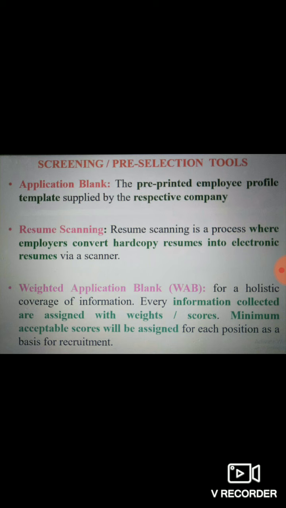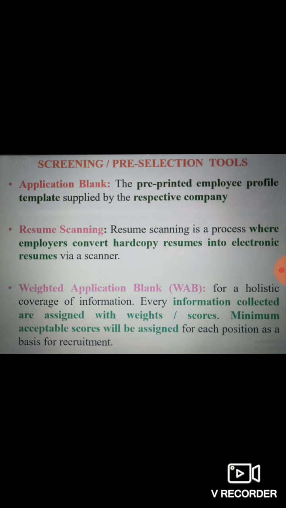The next tool which we are using at screening level is resume scanning. This can be a process wherein your hard copy resume is converted into electronic format. Resume scanning is a process where employers convert hard copy resumes into electronic resumes via a scanner.